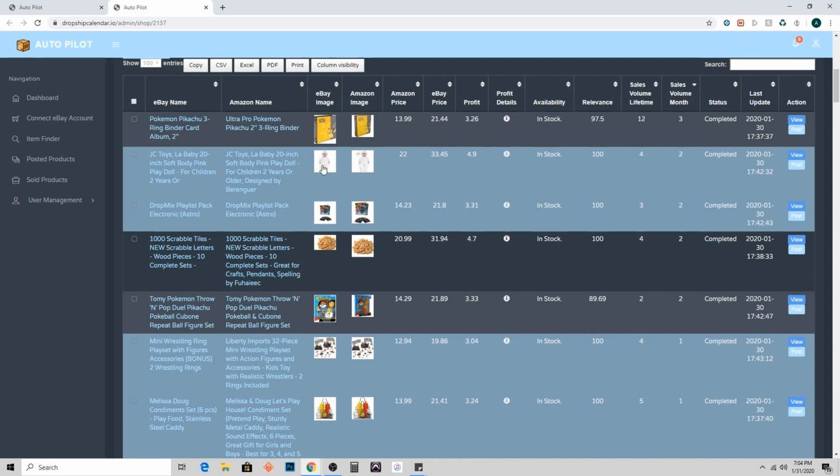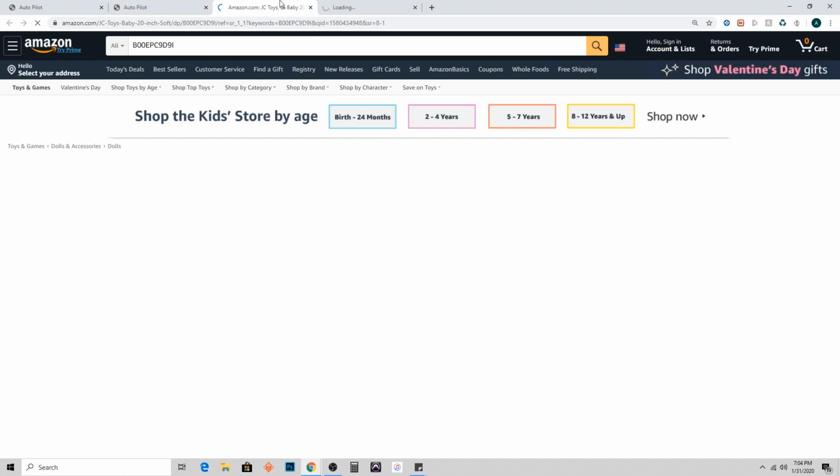So is the product a match? Yes, it seems to be a match. Is there profit being raked in? Yes. Is the product in stock? Yes. And has it sold at least once within the last month? Yes. And the whole point of having these different product statistics is so you're not having to bounce between Amazon